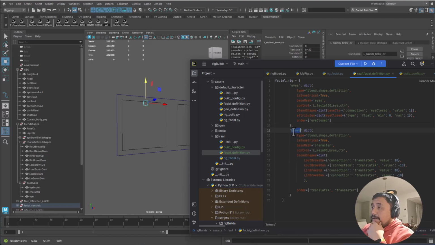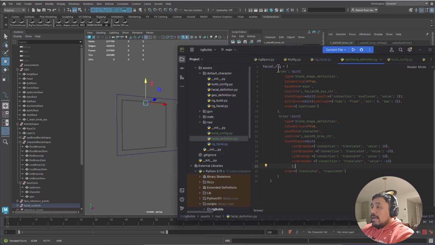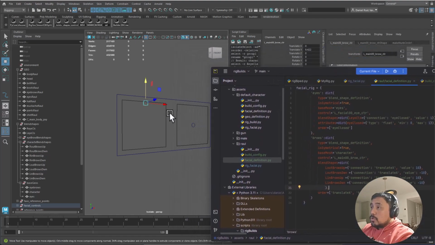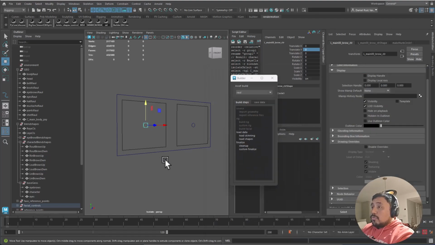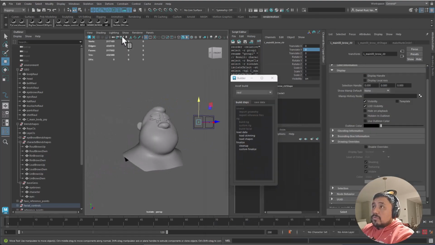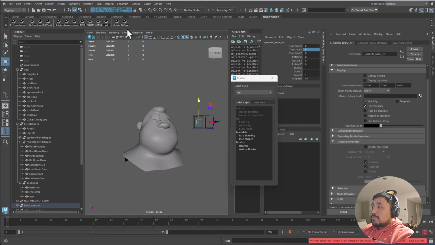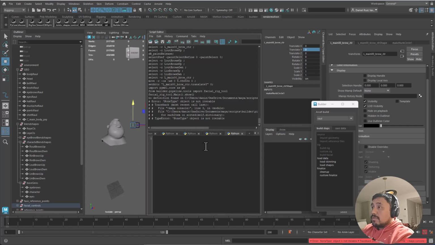Anyway, so now I have this browse connection, right? And it's read from the dictionary. And how do I access this dictionary? This dictionary is not only used by the rig facial script. It's also going to be used by some tools. For example, if I get this plane shape creation tool, actually it's raising an error, and I think it's raising an error because of the dictionary, because it cannot find the